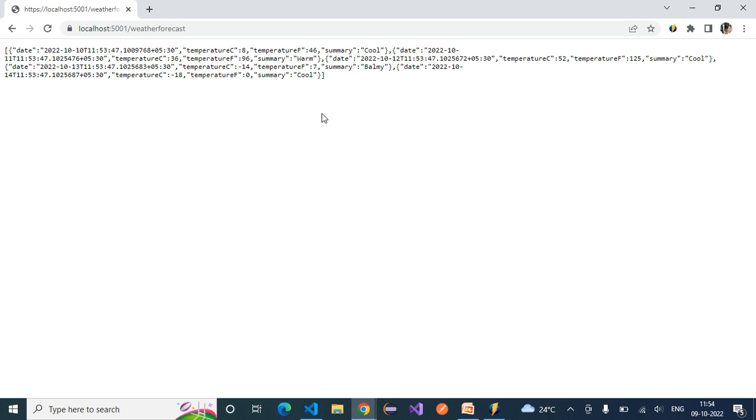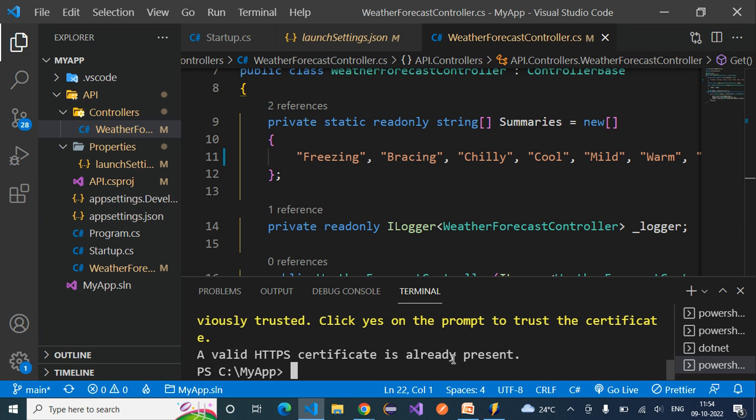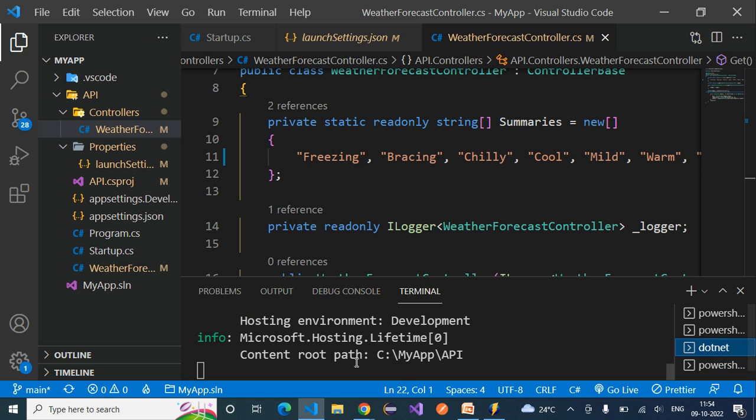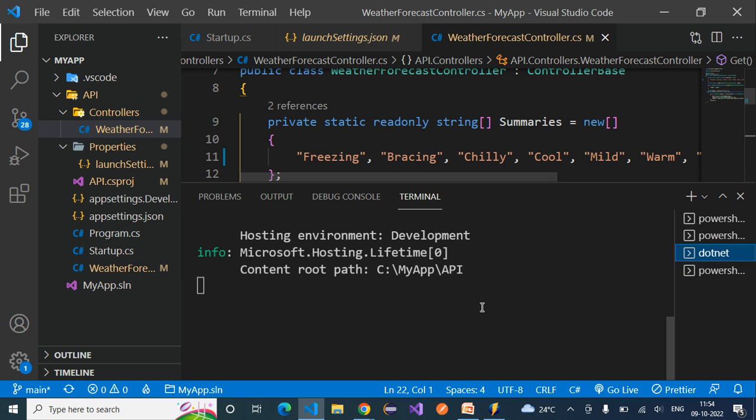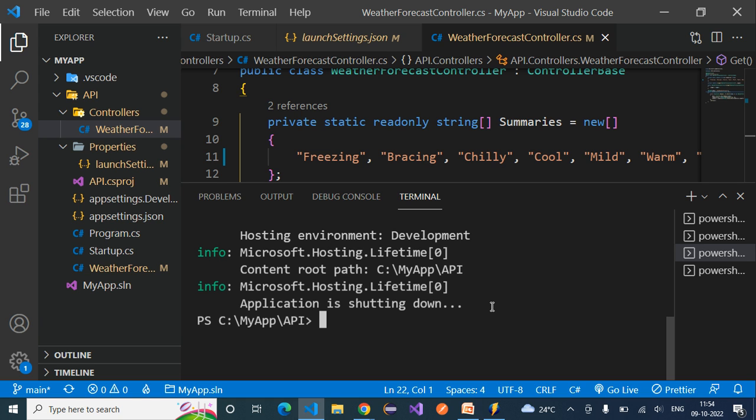Okay, now suppose we want to make use of another command over here. Here you can see this is where we have used this dotnet run command. Okay, so now what I'm going to do, I'm going to press Ctrl C. Application is shutting down. Now what I'm going to do is I'll just give another command, dotnet watch run,